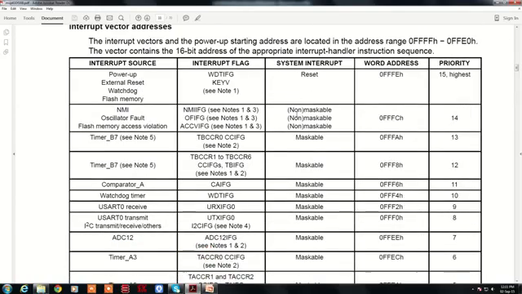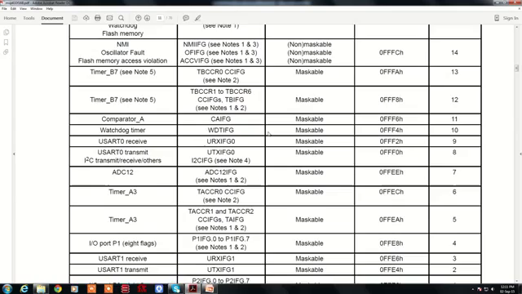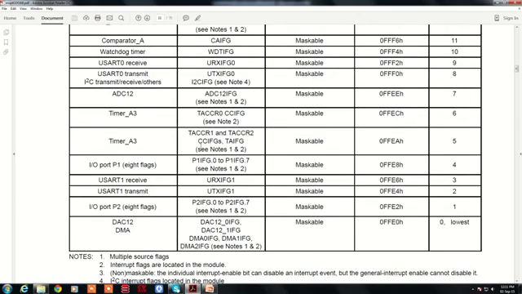The interrupts of MSP 430, the unique feature of MSP 430 interrupts is, other than the peripherals interrupts, the microcontroller has IO port 1, IO port 2, which act as the interrupt sources. As you can see, entire port 2 is using interrupts, and entire port 1 also acts as interrupt IO pins.